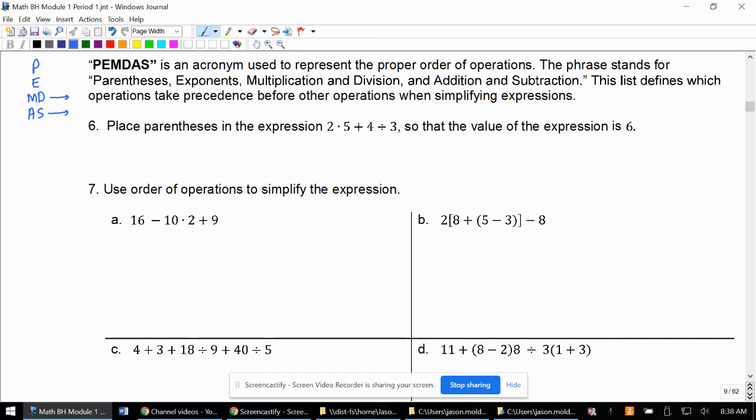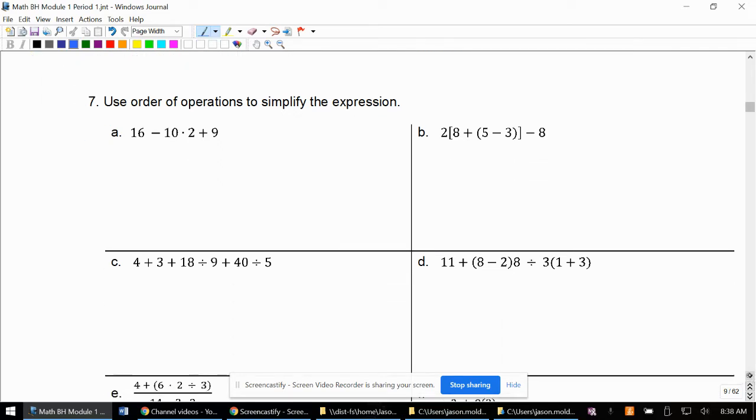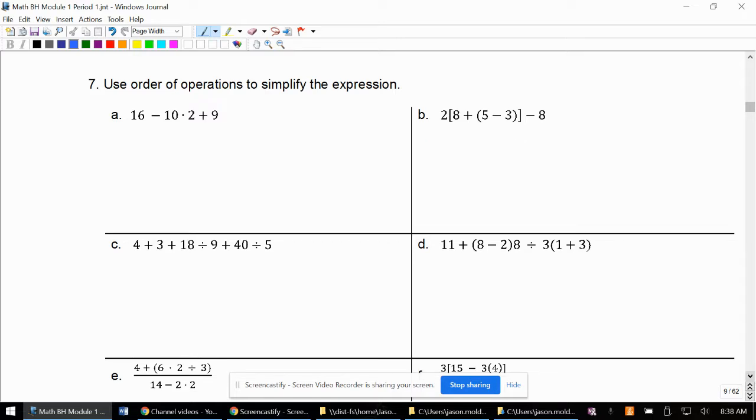Okay, we're going to go down to number 7. There's 8 of these. I'm going to pick 4 of these to do. I'm going to go out of order. And then after I go over my 4 demo ones, I would suggest that you pause the video and try the other 4 to see how this is going. I kind of handpick these based on what I think is best to show as a refresher,